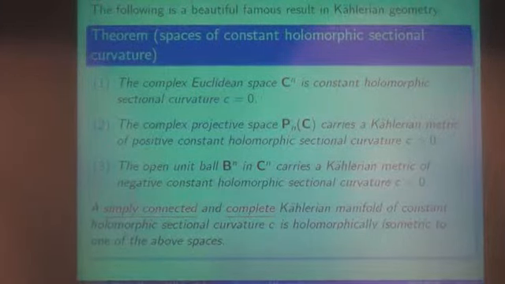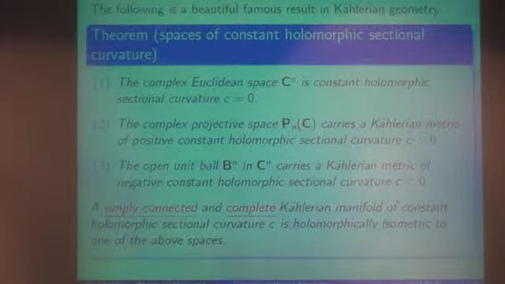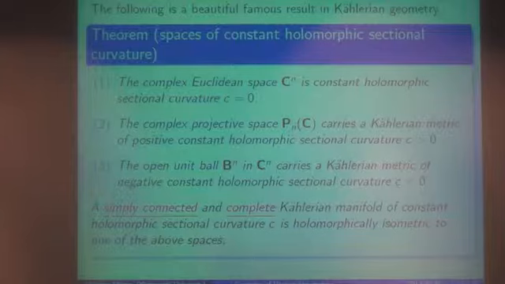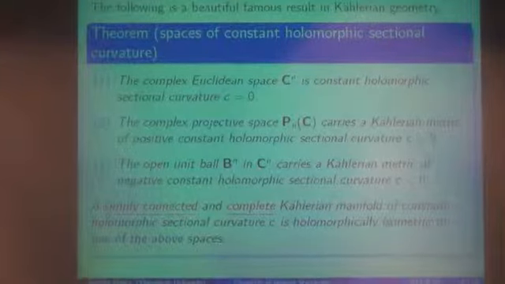Projective space CP^n carries a Kähler metric of positive constant holomorphic sectional curvature C. And the open unit ball B^n in the complex space C^n carries a Kähler metric of negative constant holomorphic sectional curvature, negative constant C. And moreover,